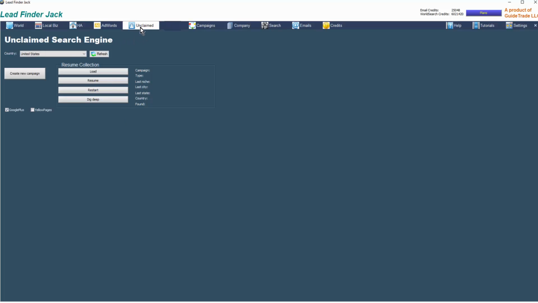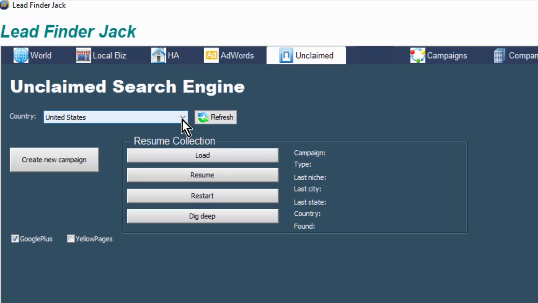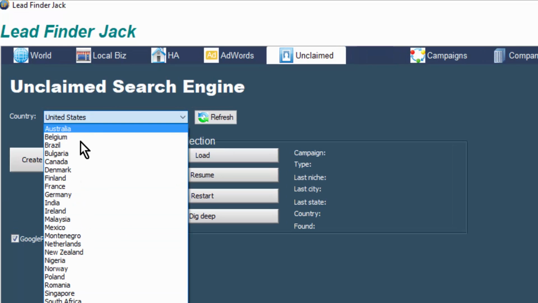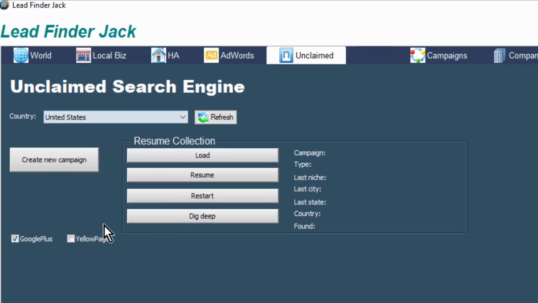Next and last is Unclaimed. You select the country that you want to search in, and if your country is not showing up and you've asked that it be added, click on the refresh button first. Now we're going to create a new campaign,